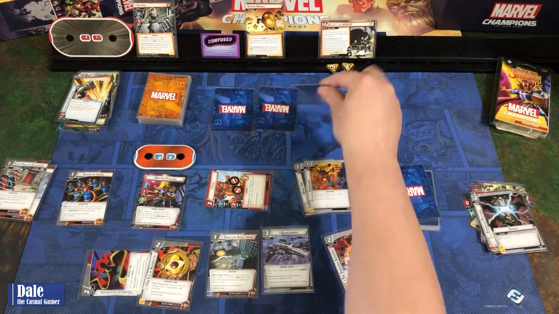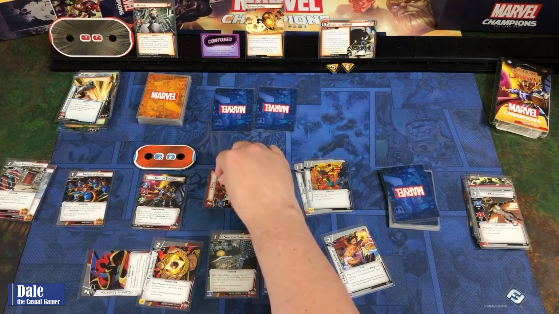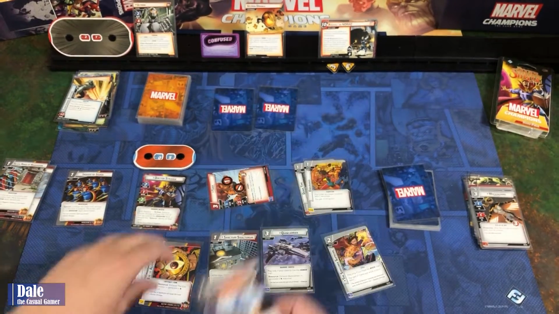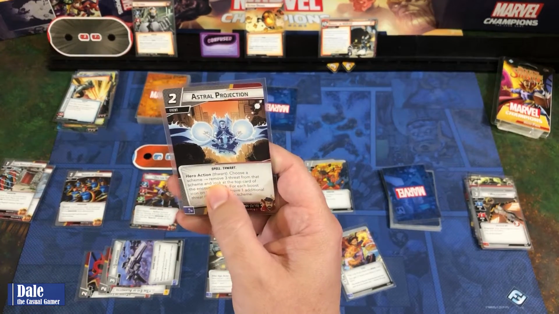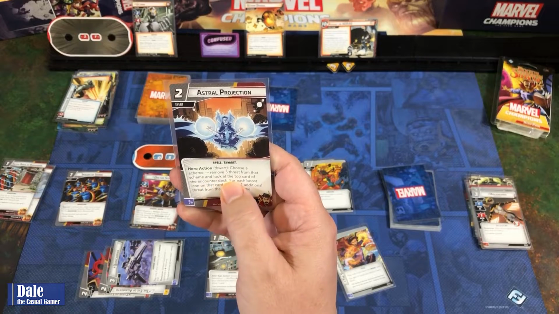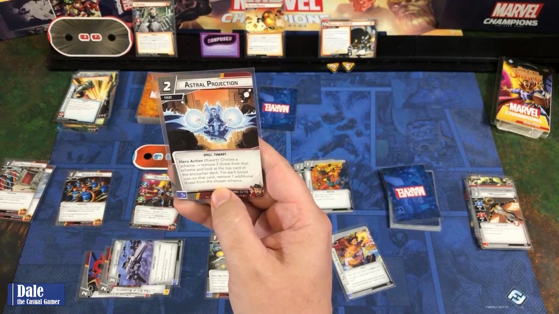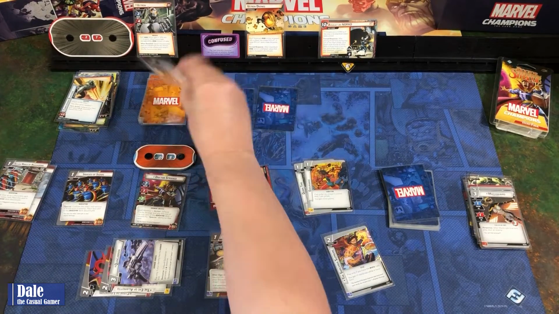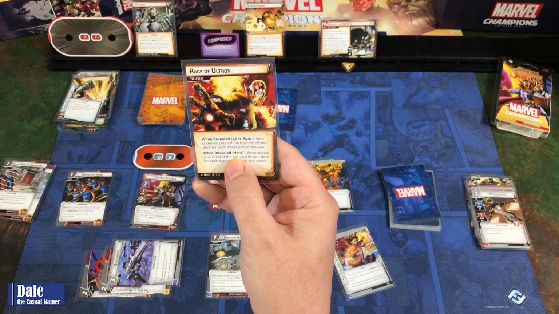Tigra is going to attack into one of these, getting Mockingbird back. She'll heal and take a damage. We'll then do some Astral Projection, using these to pay for it. Choose a scheme, remove 3 threat from that scheme, and look at the top card of the encounter deck. For each boost icon on that card, remove 1 additional threat from the chosen scheme. So 3 goes away, along with 2 more. And we get to see,